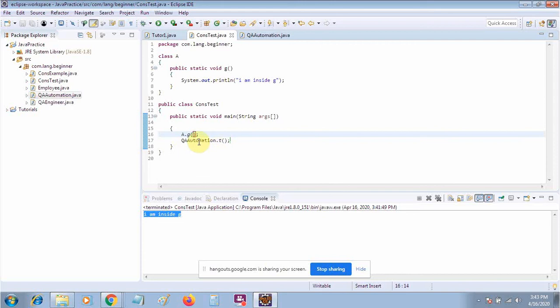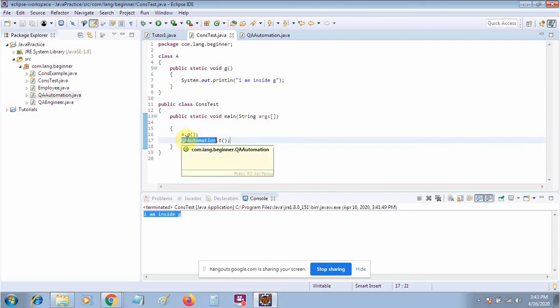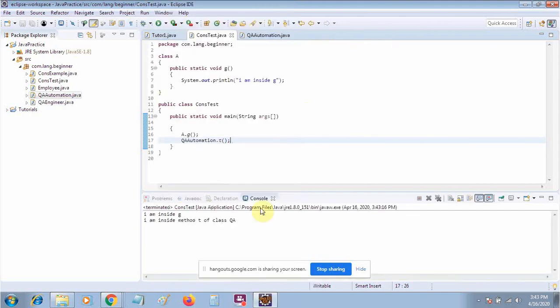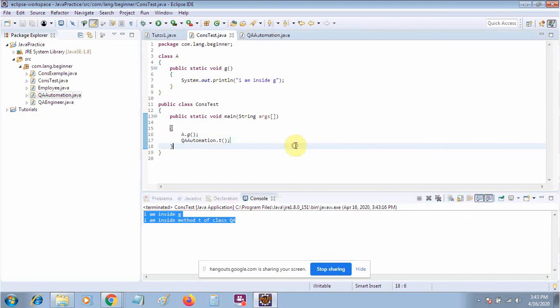Then you can directly access that static method or static variable by the class name, then that static method. In the case of a package, you have to import the package as well. Okay, we will discuss much more about packages further on. So this is the main benefit of the static keyword. Okay, so in this way you can just call your static block.